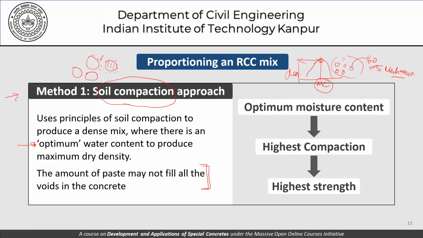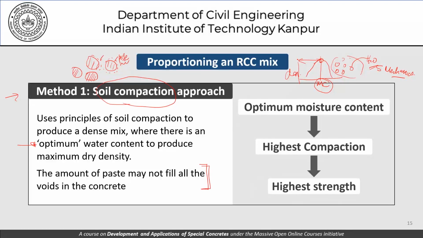Roller compacted concrete can indeed be modeled closer to a soil mass with particles like this surrounded by some kind of moisture containing paste. And the effort is to find out the moisture content which is optimal in order to